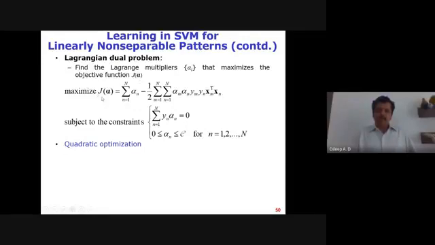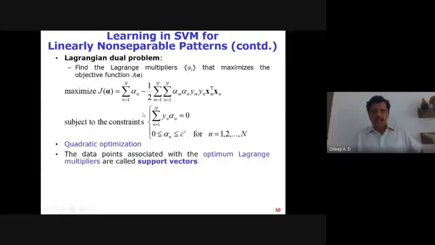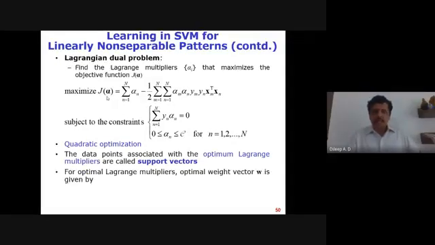I'm doing this quadratic optimization with respect to only the Lagrangian coefficients, which are associated with each of the data points. The beauty is that when I do this quadratic optimization, I get the optimal values for these alpha values. As I mentioned, only a few of the alpha values will be non-zero, and the rest will be 0. These non-zero alpha values and their corresponding examples form the support vectors. The optimal value for my W vector looks like this, exactly the same as in the previous case.